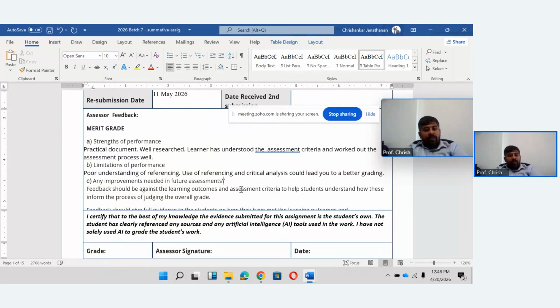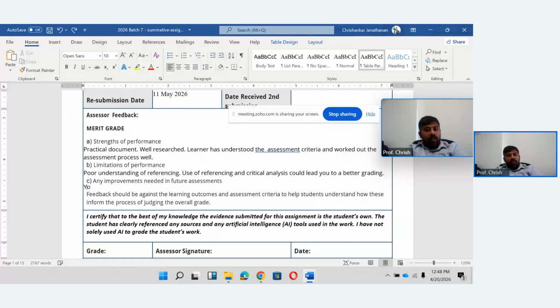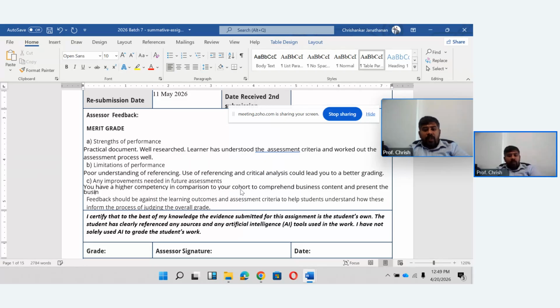You have a higher competency in comparison to your cohort to comprehend business content and present the business proposals in a very concise manner. You should focus more and target a distinction.